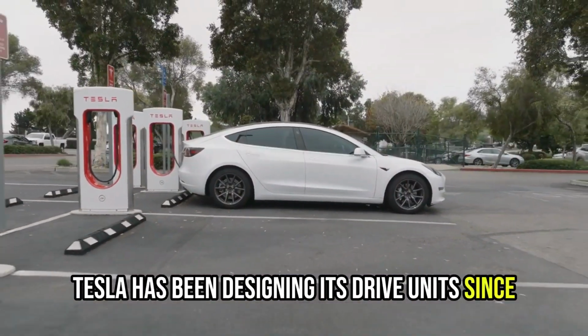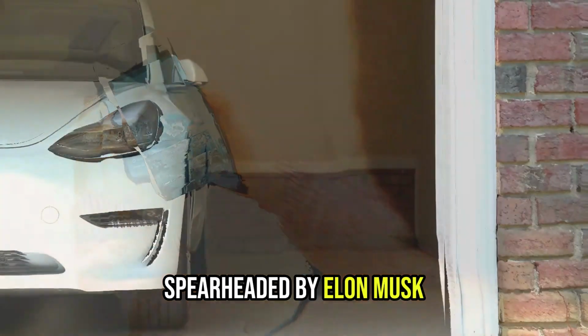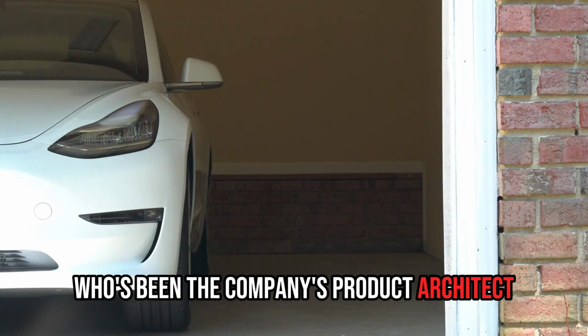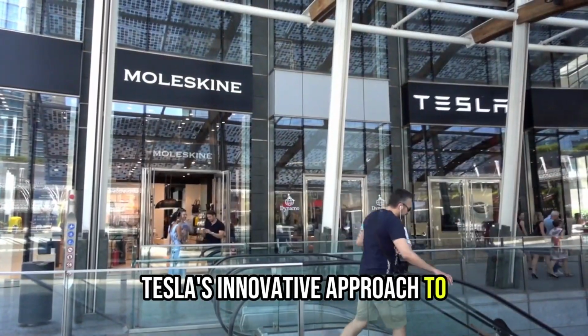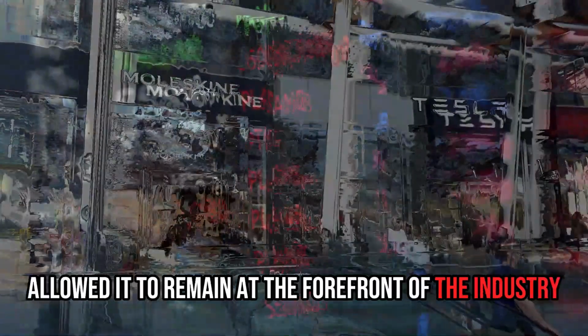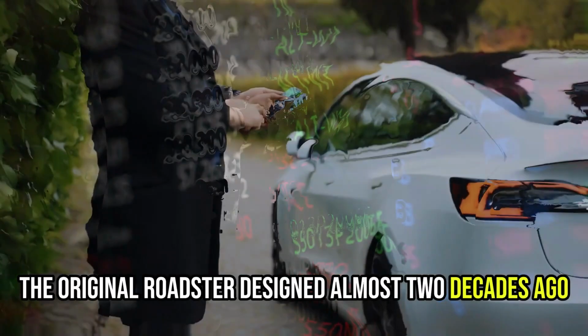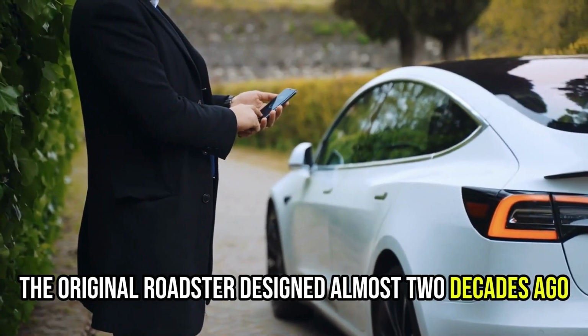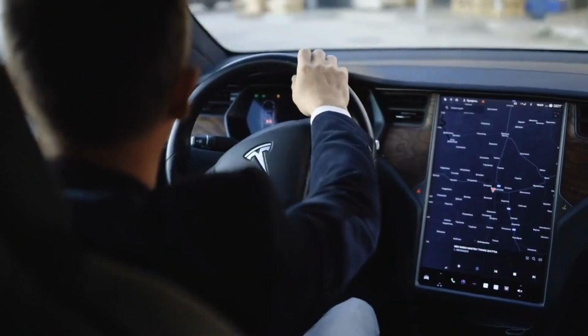Tesla has been designing its drive units since the founding of the company, which was originally incorporated as Tesla Motors, spearheaded by Elon Musk, who's been the company's product architect. Since the beginning, Tesla's innovative approach to engineering and manufacturing has allowed it to remain at the forefront of the industry. The original Roadster, designed almost 2 decades ago, contained power electronics in a drive unit that was built and